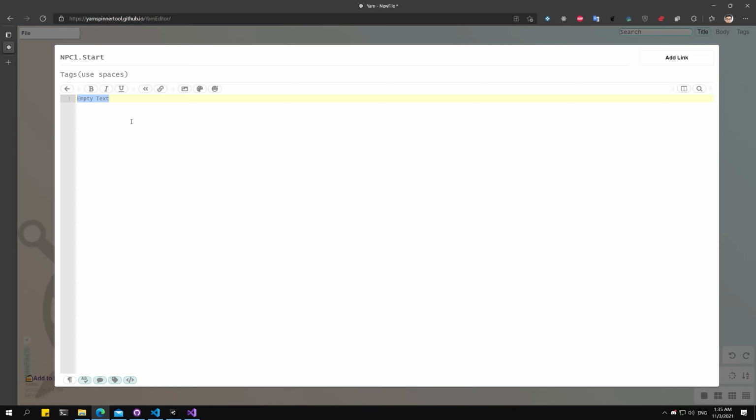Now go ahead in here and write something like npc1 colon hello, meaning npc1 says something. And then there are two ways of branching a node. The first one is